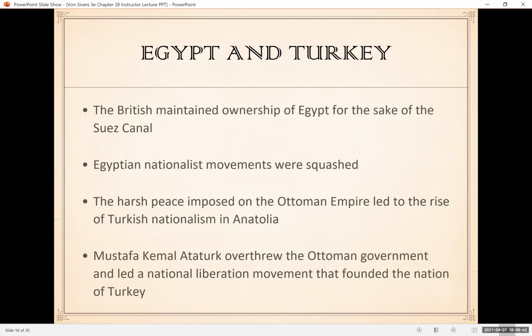So the British are going to be especially harsh on the Egyptian nationalist movements. So Great Britain is working for Arab nationalism in some parts of the Middle East and against Egyptian nationalism in other parts of North Africa. It is